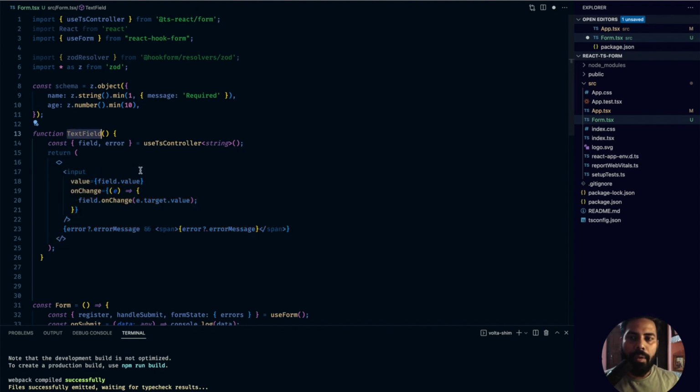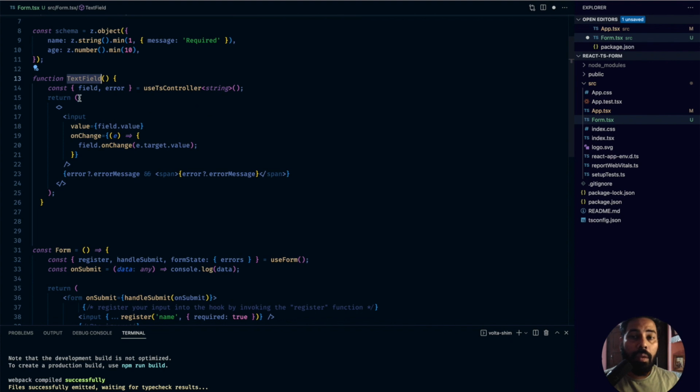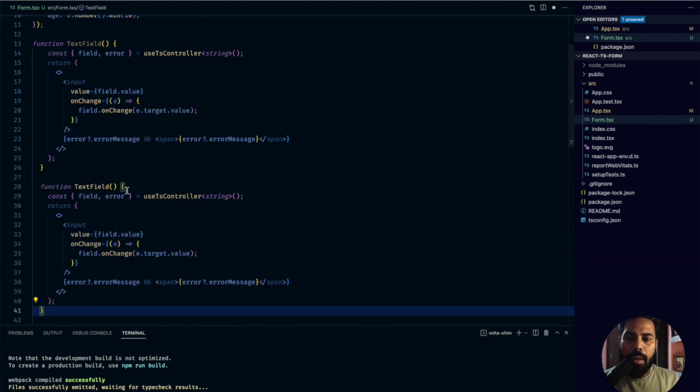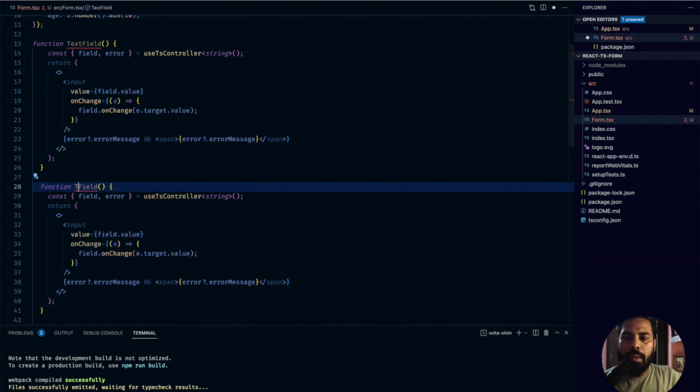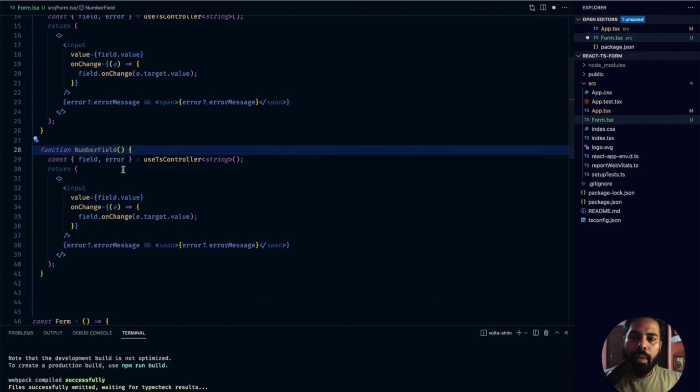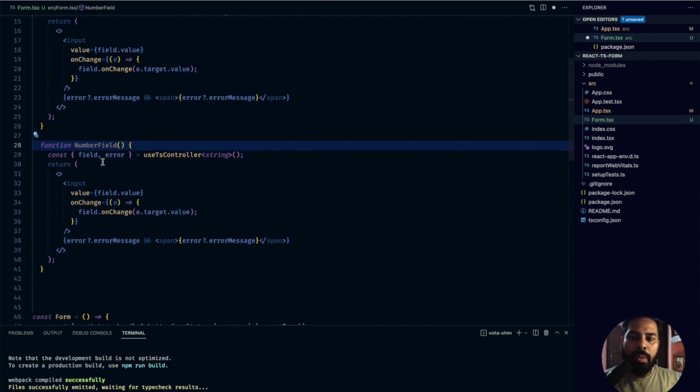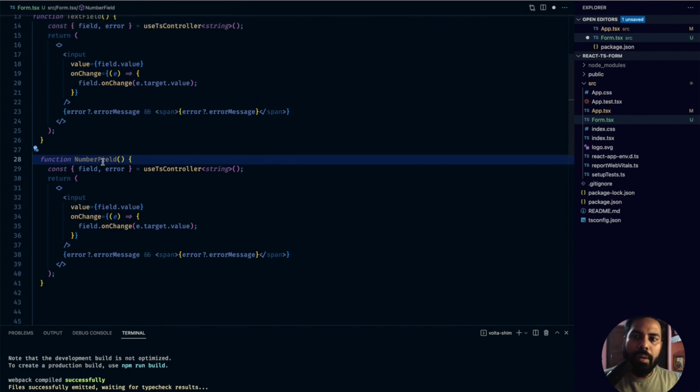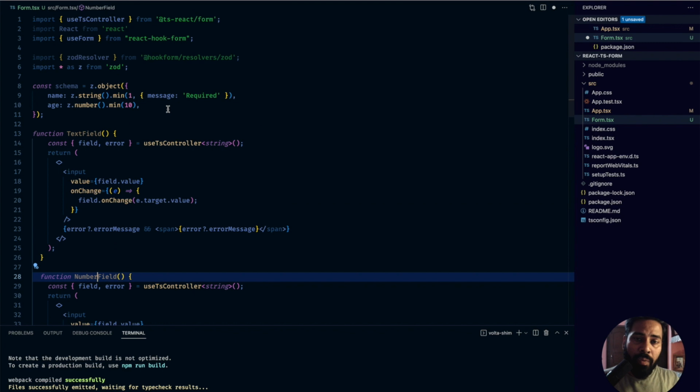If you have, say, another field available, what you would basically do is you'll just duplicate this structure, and you do something like, say, number field. Okay, now you have two fields, text field and number field, that can represent at least this basic example we have created, right? Where now the TS React form comes into the mix is, now you can have a structure here,